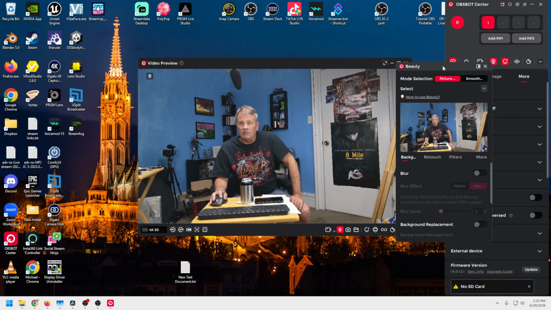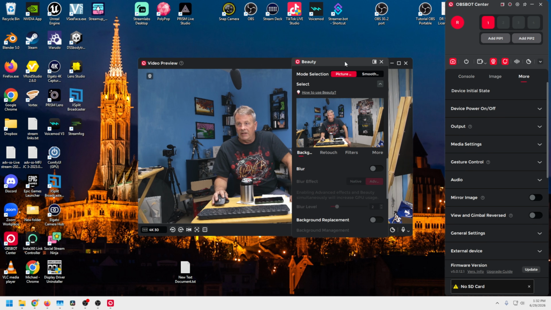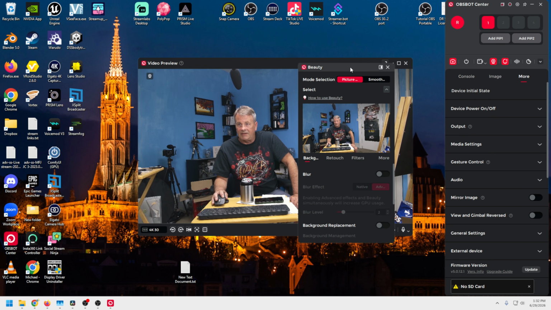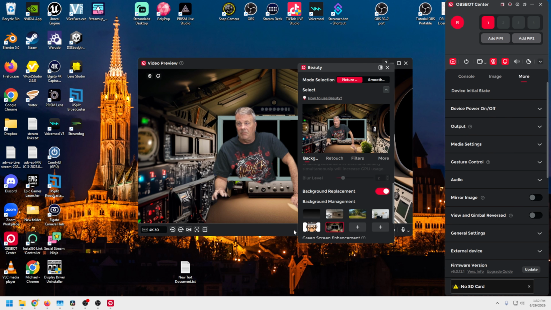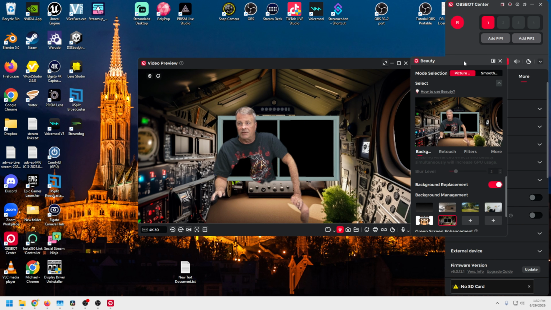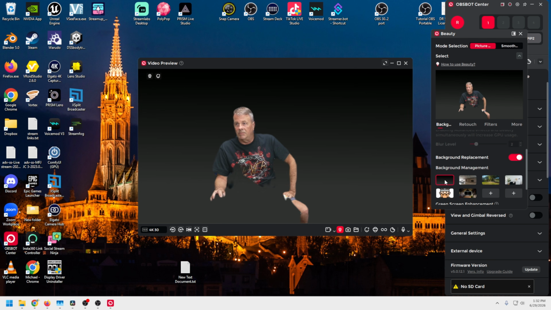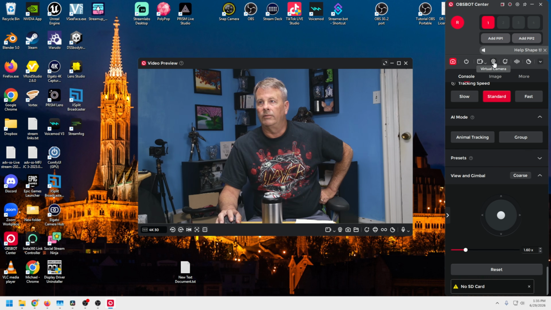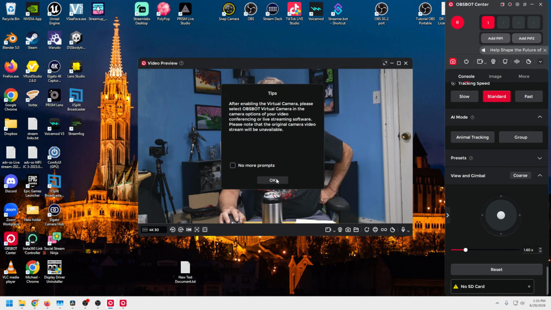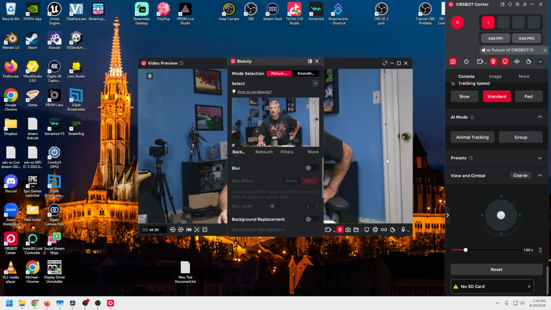So now you can see what we've got, and I can zoom in and do all that stuff, but I'm not really worried about that at the moment. We're just gonna put on background replacement, and you can see that there could be all different sorts of backgrounds that we replace it with, and because of my lighting, it's kind of acting a little weird, but we could just do the black. We are gonna turn on our virtual camera, and then we're gonna go here and click on